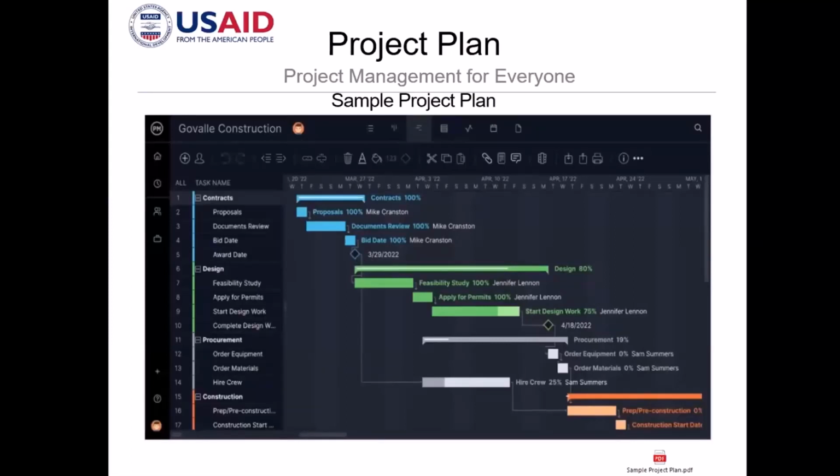So there is a specific date that you need to target, or maybe a date that is very significant, when you will have to complete a major activity. So those icons, which are diamond-shaped, are milestones. And this is the project schedule that you will have to put in your project plan.